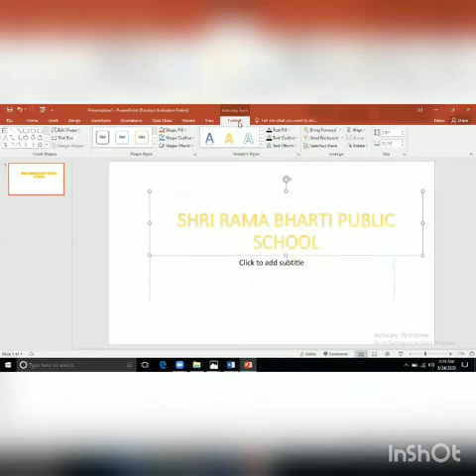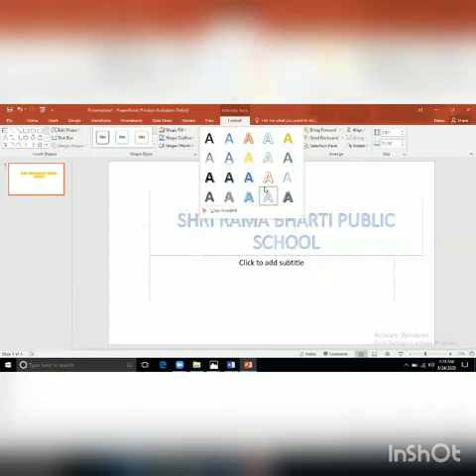And under the format tab, you can see many options are here. It's up to you which one you want to take. If you want to change the word art style, firstly you can select it and then change the word art style. Totally up to you which style you want to take.